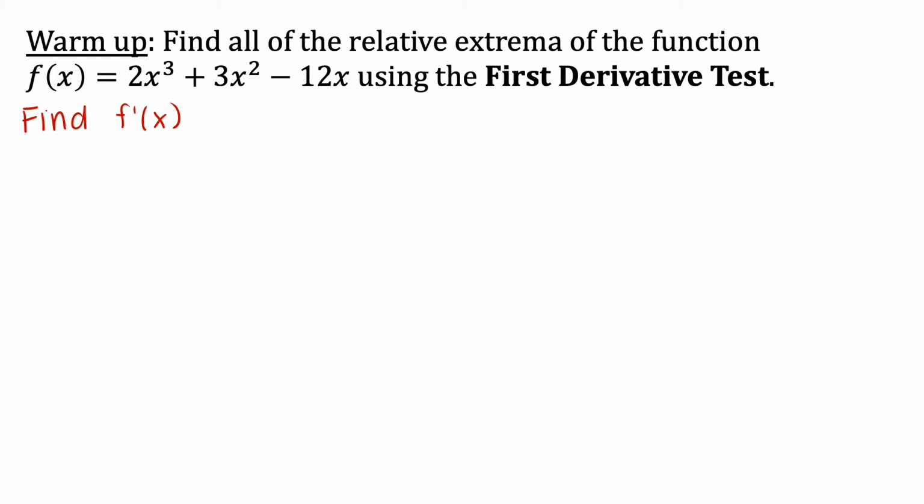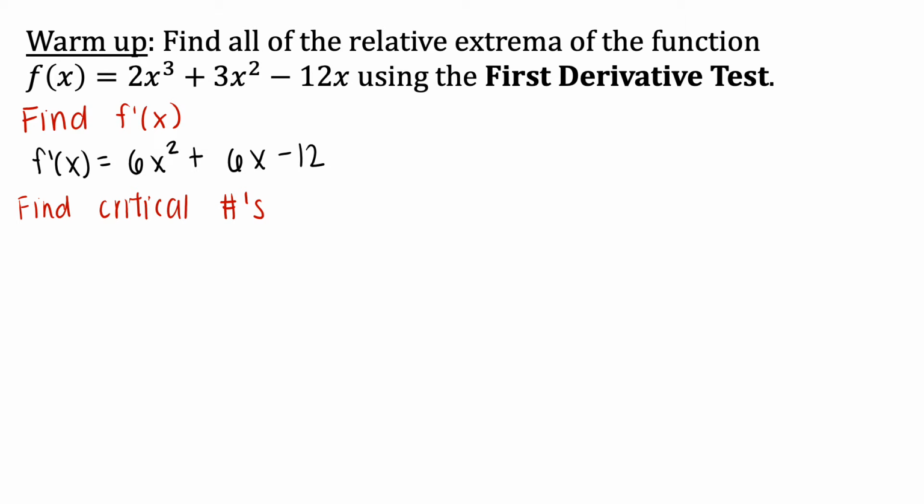For the function f of x equals 2x cubed plus 3x squared minus 12x, our derivative, f prime of x, is just equal to, using the power rule, bringing that 3 down, you get 6x squared plus 6x minus 12. Once you found your derivative, you want to go ahead and find your critical numbers,